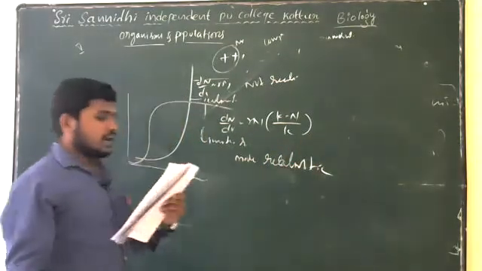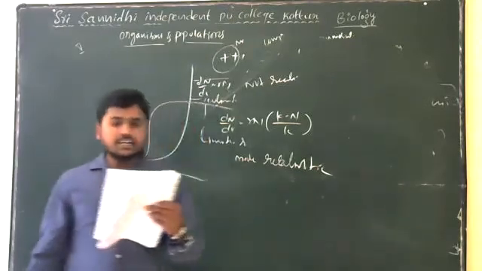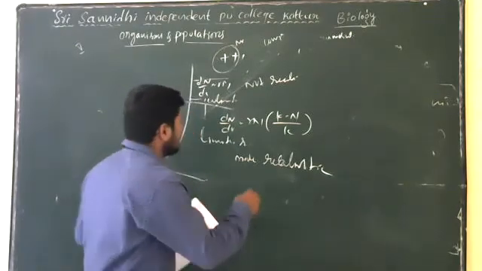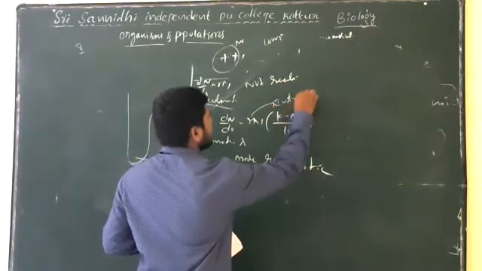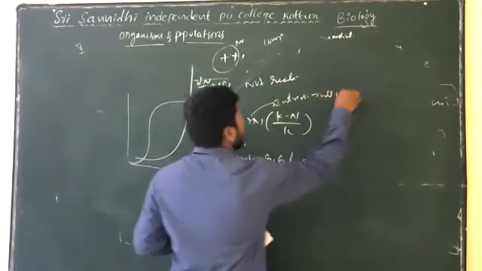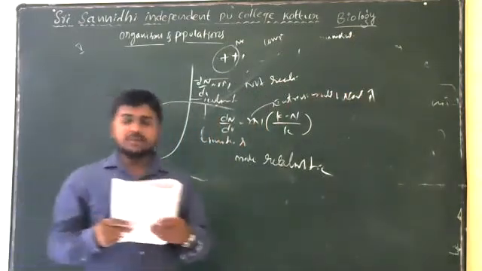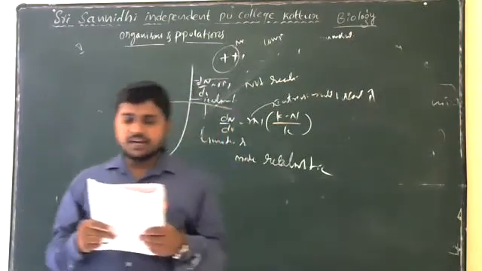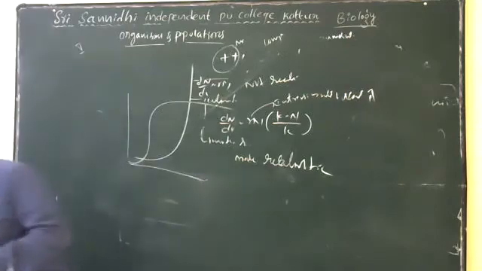If they ask what r denotes, it was asked in 2018. If the same question is asked, r is the intrinsic rate of natural increase. K is carrying capacity, N is population density. Next, the 18th question asks, the shape of the pyramids